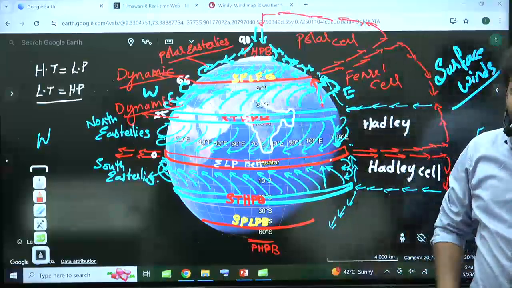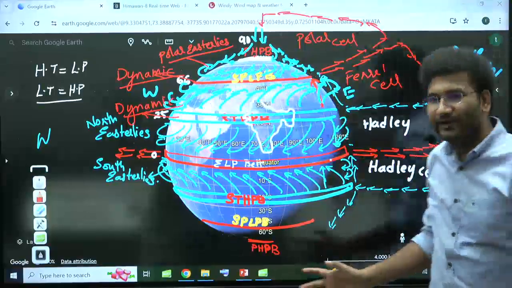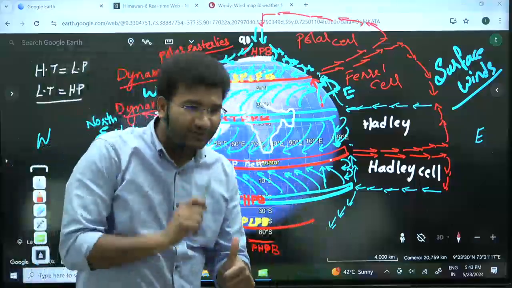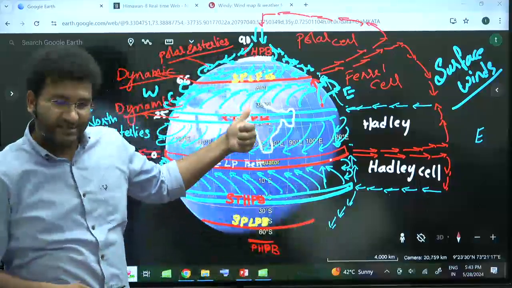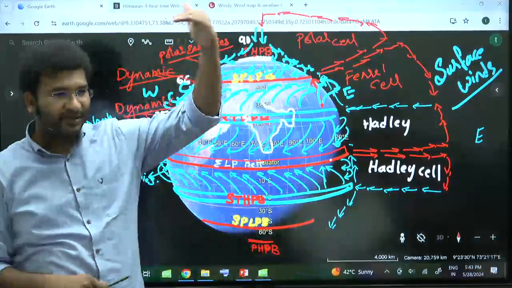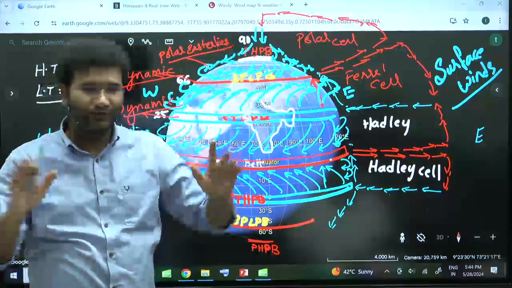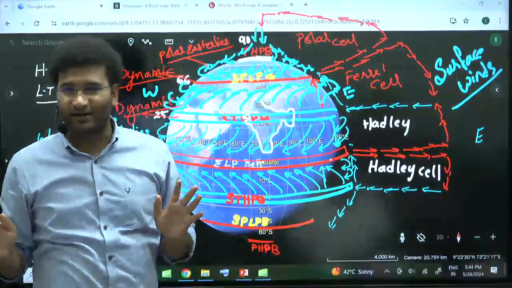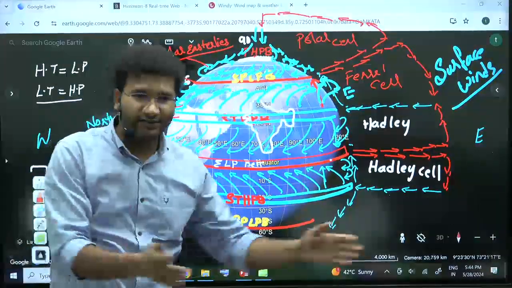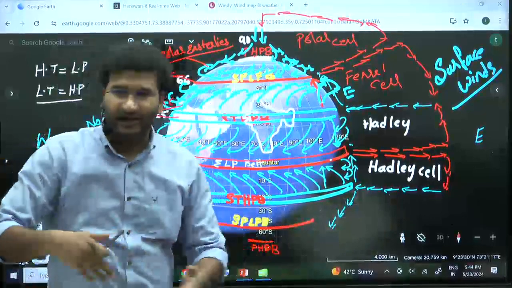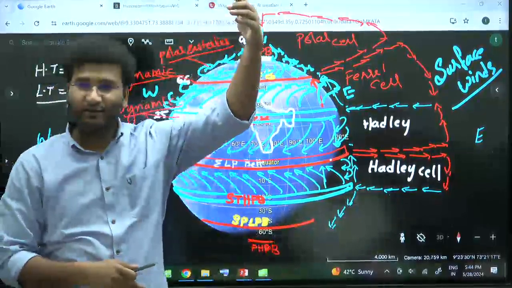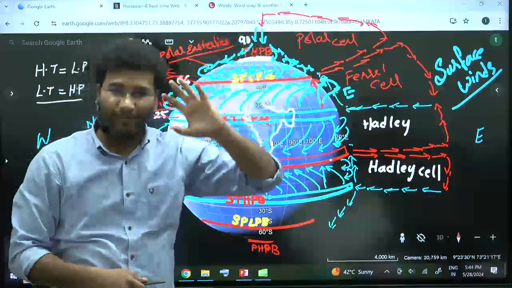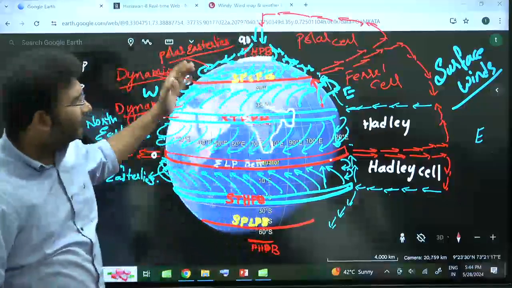Got it? Now, broadly, this is how the wind starts to move from one place to another. Primarily there is the frictional force. Every wind is experiencing frictional force up to 3 or 4 kilometers. Beyond that, no friction. When there is no friction, it is a free rider. It can go anywhere. That's why the wind at the surface moves slowly, and the wind present at 8 to 10 kilometers higher moves at a speed of 200, 300 kilometers. But in between two cells,